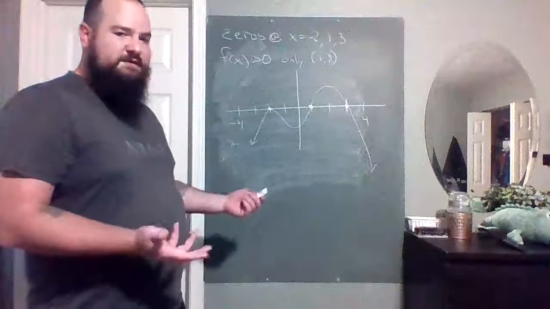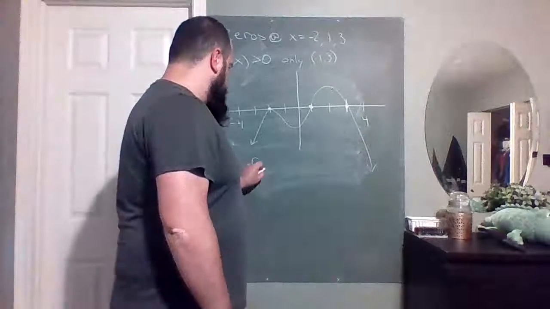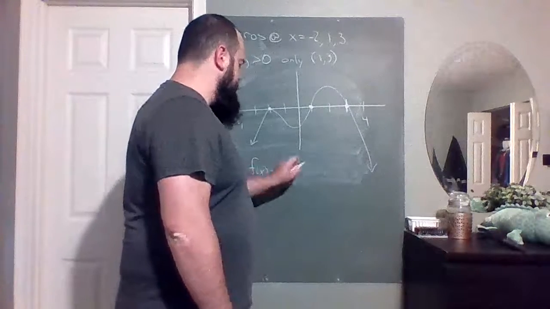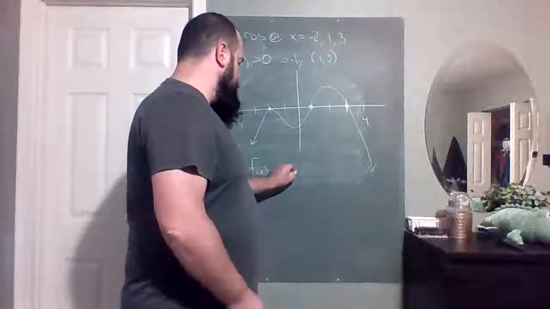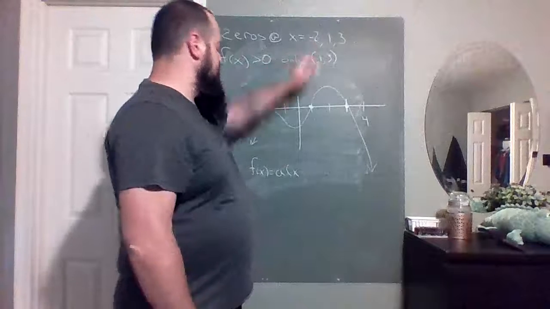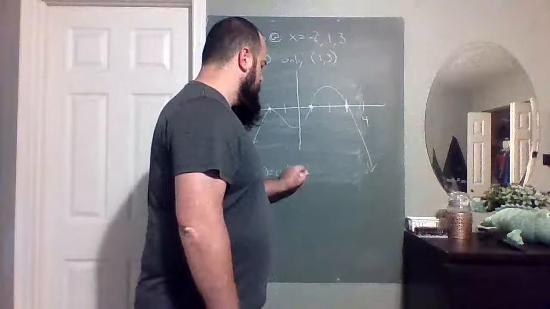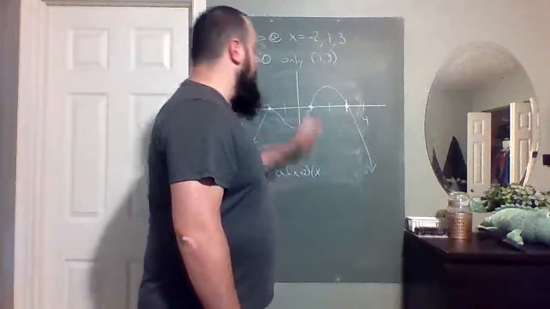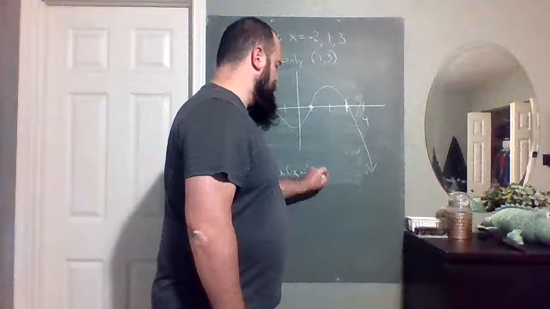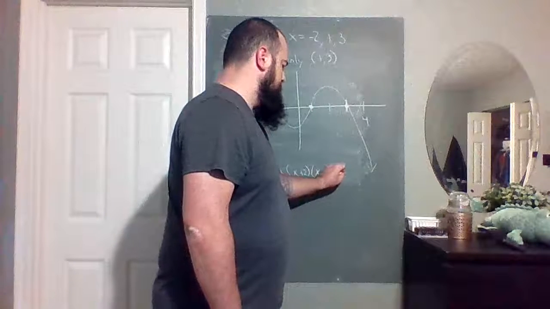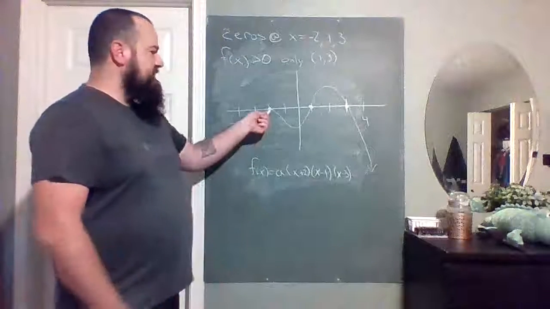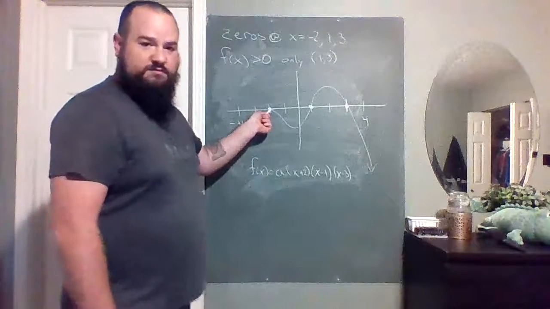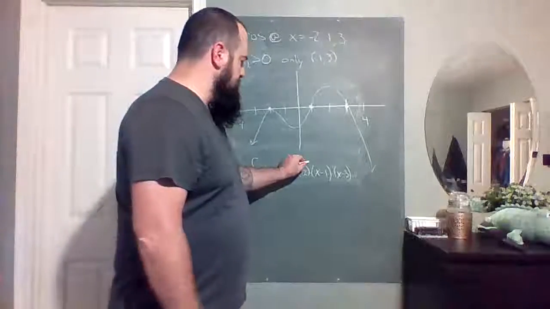And so then from here, we don't have enough information to figure out our leading coefficient. But what I do know is that my factors, since I have zeros at -2, we're going to have x plus 2. Then at 1 and 3, we're going to get x minus 1 and x minus 3. And since we had to bounce at this root at -2, this is the piece that